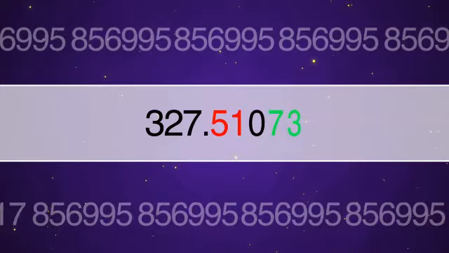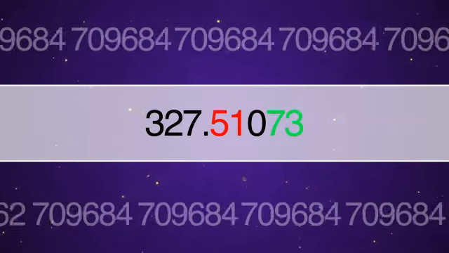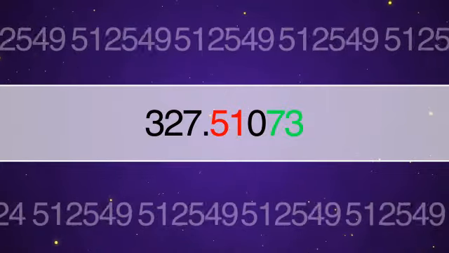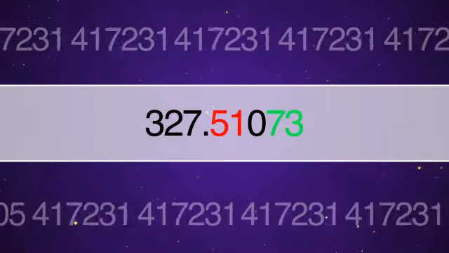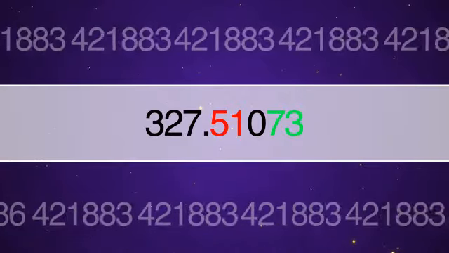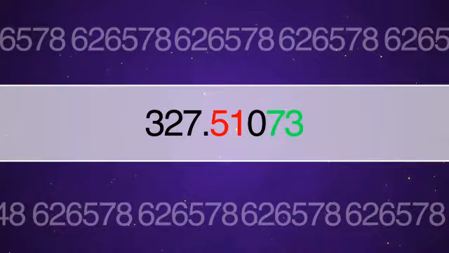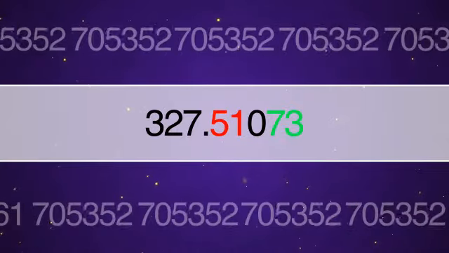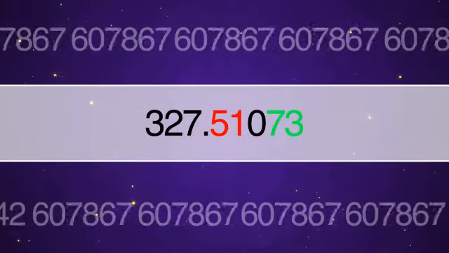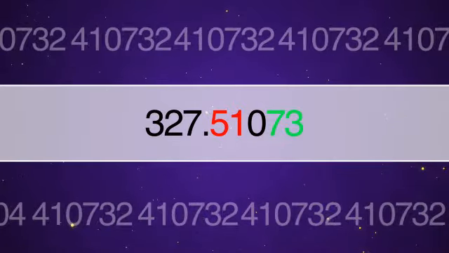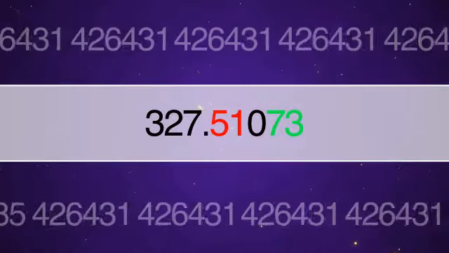327.51073. So this is foreign relations between India and US and China. So I think now you are clear about this number. We have learned how to add two countries when we are talking of foreign relations. Remember, the rule is the country which has lower ordinal value of notation first, then 0, then the country with higher ordinal value.